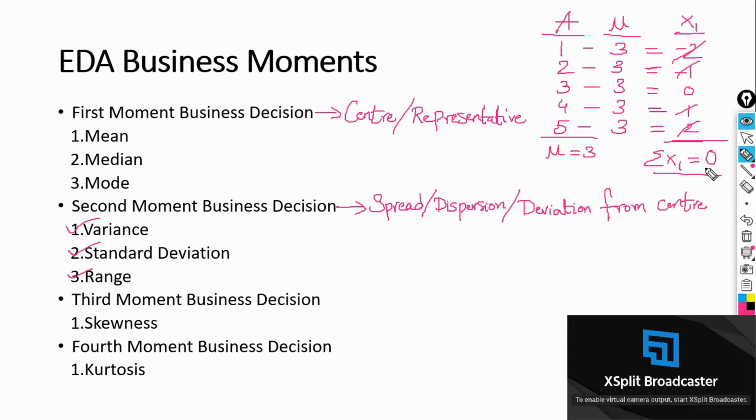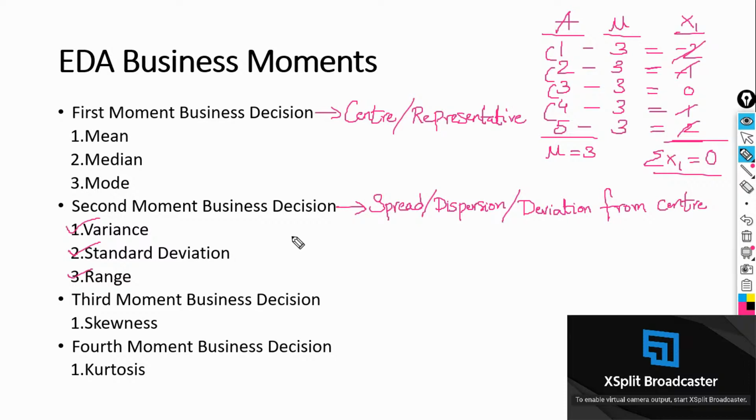What does that mean? Does it mean there is no spread with respect to my center value and my original data? No, there is spread. But when I'm trying to get the overall spread, it is getting zero. This is because of uniformly distributed data. If the data is uniformly distributed, obviously you'll get such kind of values and these values get cancelled. Your overall spread becomes zero. That doesn't mean you don't have spread. There is spread in the data, right? So this can be tackled using